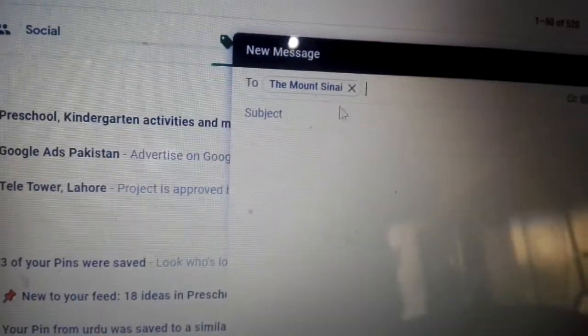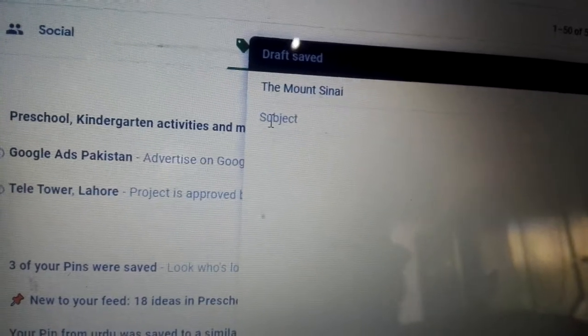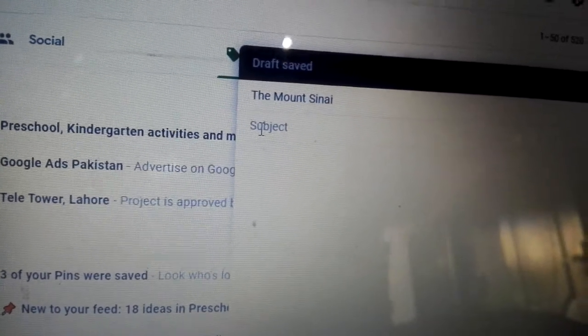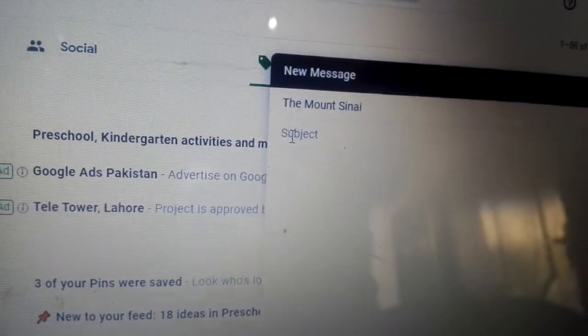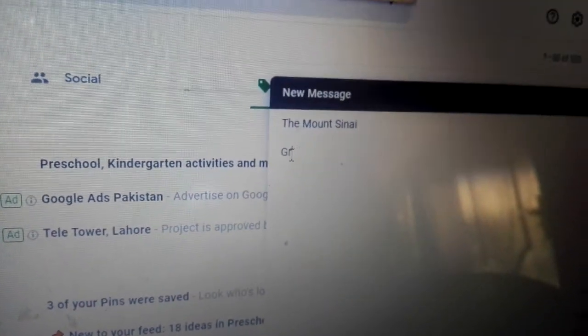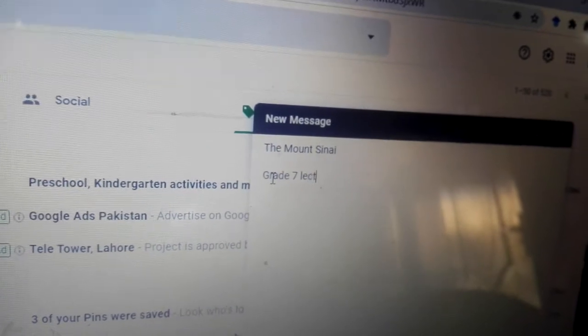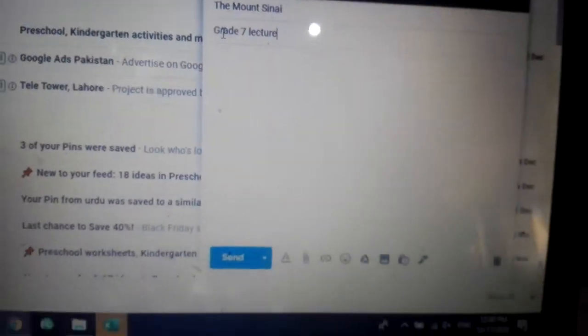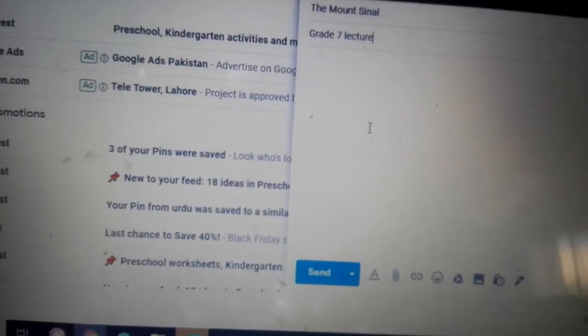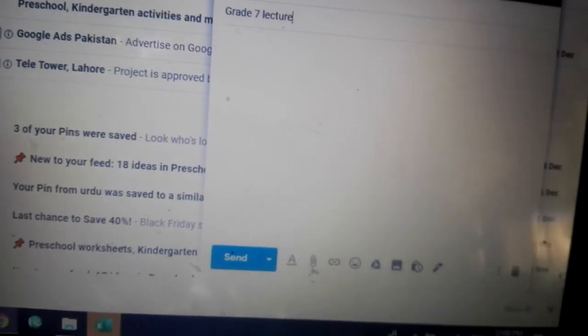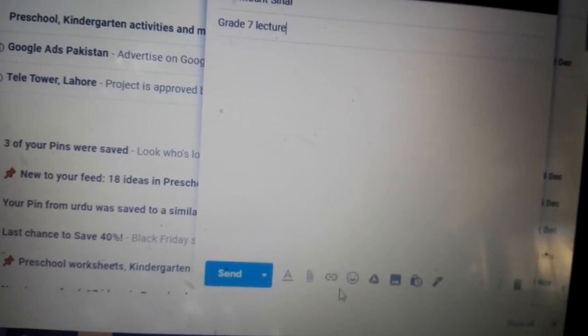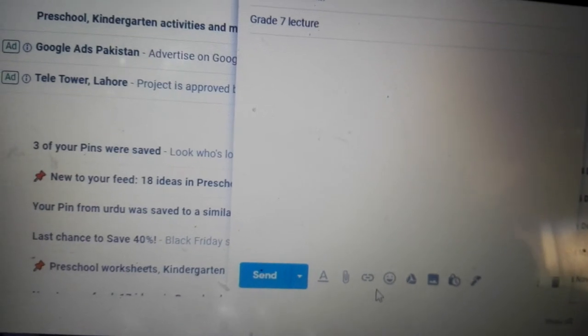Okay, then here we can write any subject. Like if I want to write grade 7 lecture, so I will write here grade 7 lecture. Clear? And at the bottom you can see some icons here. With these we can add different things into the email.